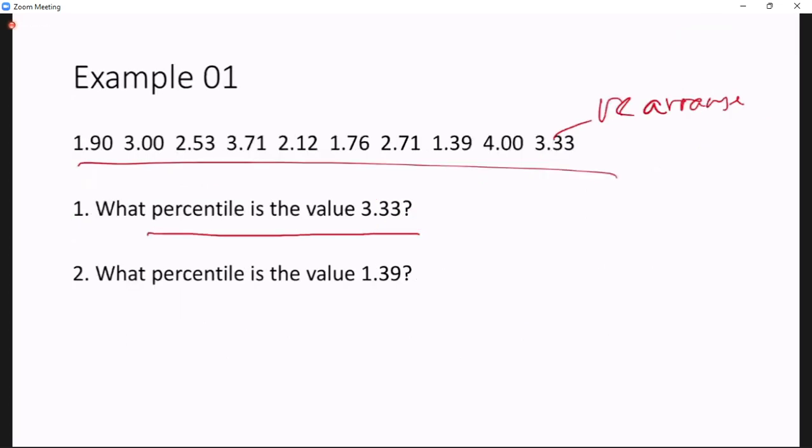Actually, that is the second question. What percentile is the value 1.39? So,